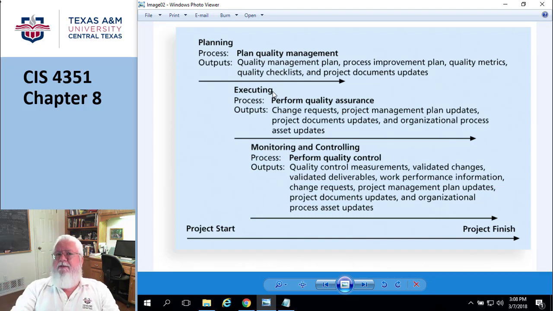Either way, that's expensive. Now, if you recall from a previous chapter, we talked about the little time scale: if you catch the error at the beginning, it costs you practically nothing. And a little later on, and then finally you get to the end, after you've published the software and it's out, and then you have to make a change to it. That's very expensive. Well, that's the same thing here.